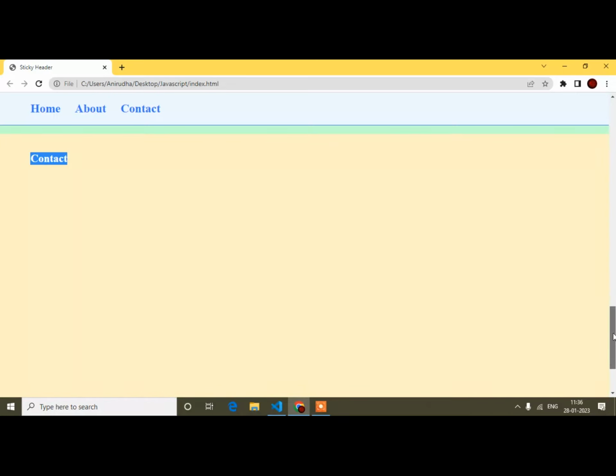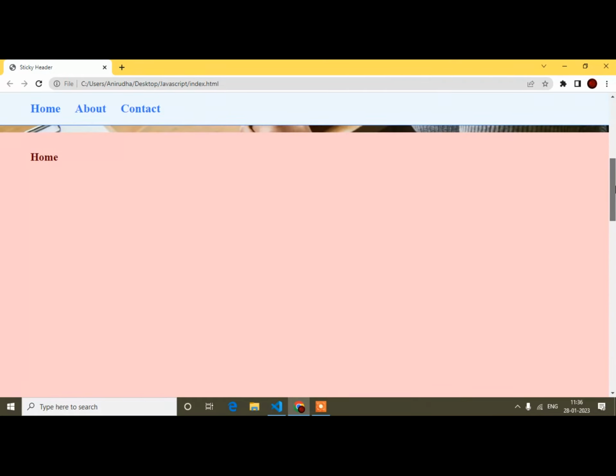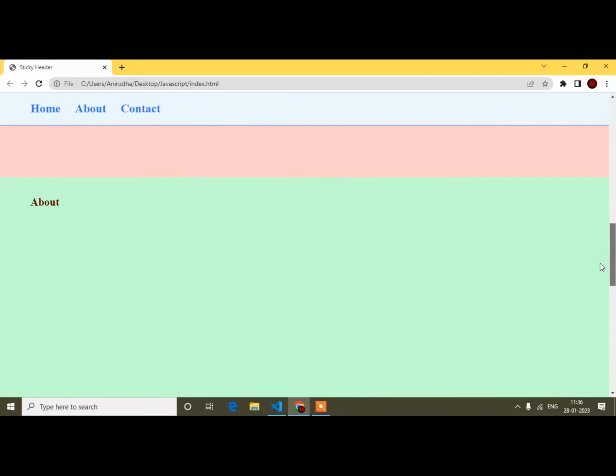Now when I'm scrolling, first the home section comes. When the home section appears, in the menu I have to denote that the home section has now appeared. When I scroll more and the about section comes, at that time the about menu should be active, and I have to denote to the user that now it is the about section. Same way for the contact.